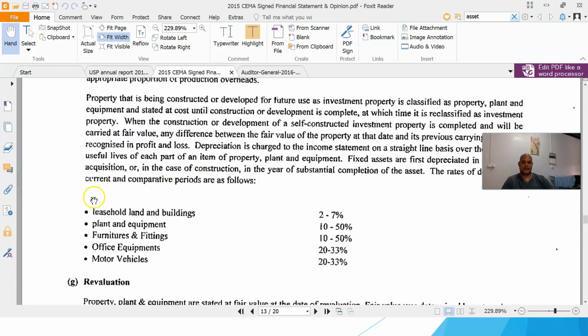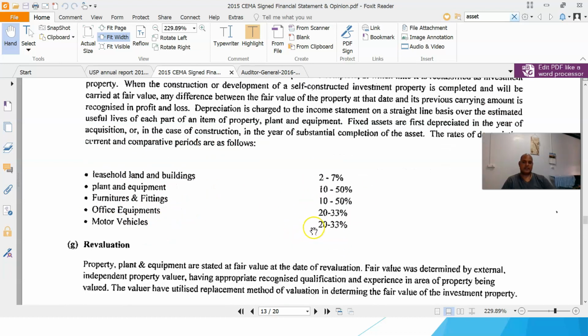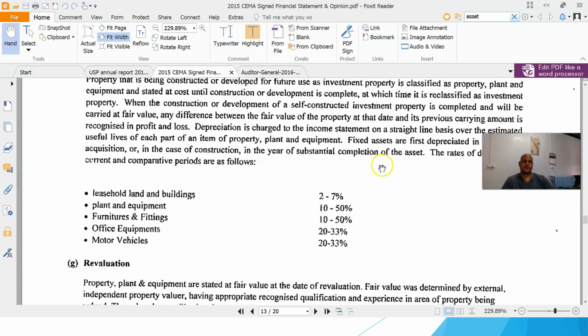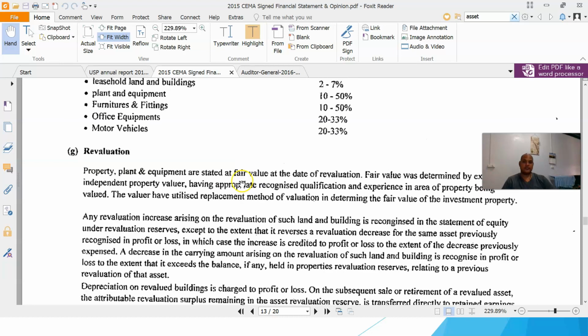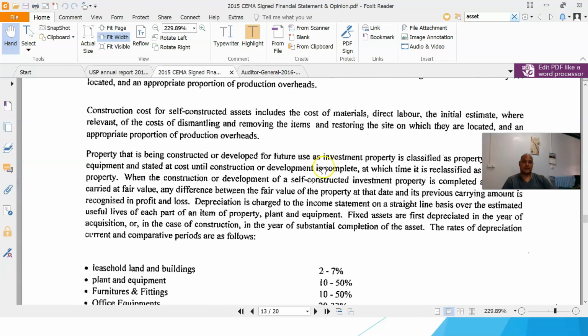At least there is information on the number of years that the assets are to be depreciated. So this is information that you need to put into the financial statement policy. If we're using revaluation, this is the information you need to have to be catered for under the revaluation.